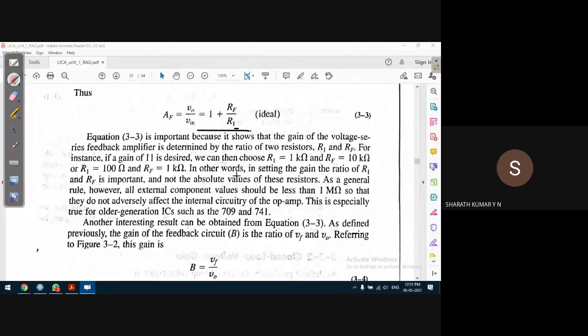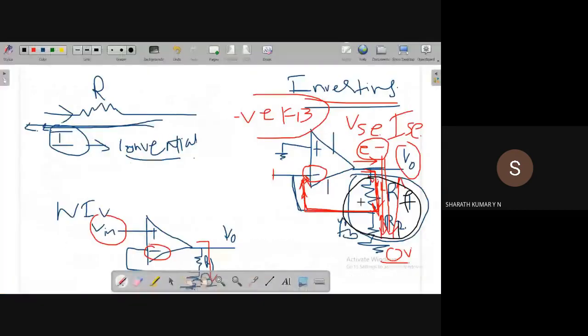Okay, so there's one example. If R1 is 1 kilo ohm and RF is 10 kilo ohm, or in one more case, R1 is 100 ohms and RF is 1 kilo ohm, in both cases what we can see is that R1 is smaller than RF. That is what we have in our practical circuit. In our case, what should practically happen is this: